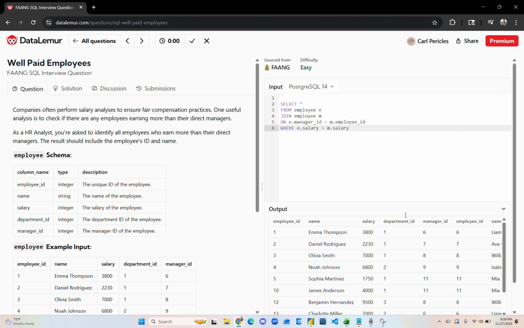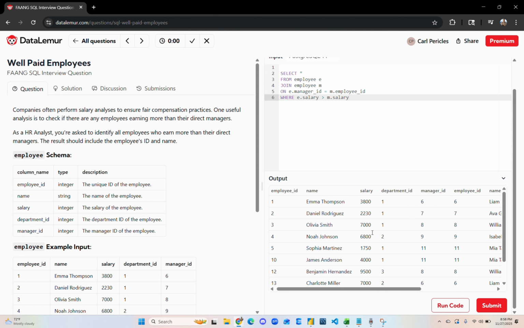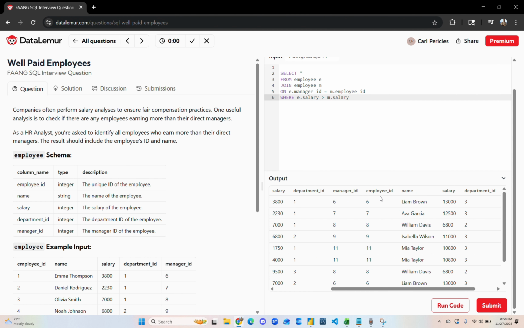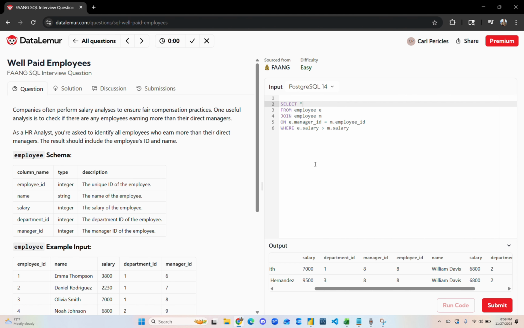So this table is E. E salary is the employees' salary, and these are the managers, that's the manager's ID and their salary. Whichever employee's salary is greater than the manager's salary, I want you to show it. So let's run, and it's going to be Olivia and Benjamin. That's their salary, and that's the manager's salary, and they're greater. But this solution only wants the employee